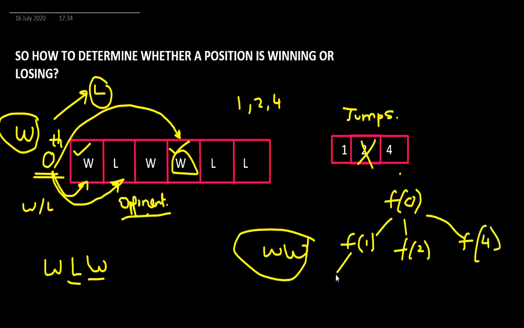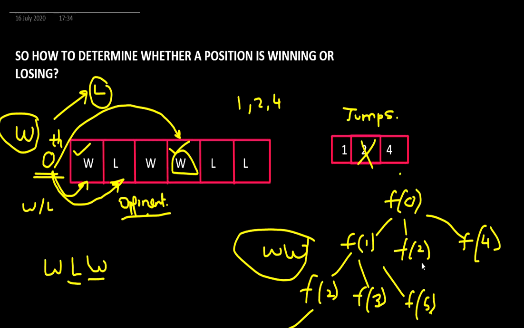Now again, the first one would be calling the immediate next one, the second one from the first, and the fourth one from the first. So it will call f of 2, and it will call f of 3, and f of 1 plus 4, that is f of 5. Cool. Then again 2 makes a call. So here we are getting an optimal substructure.